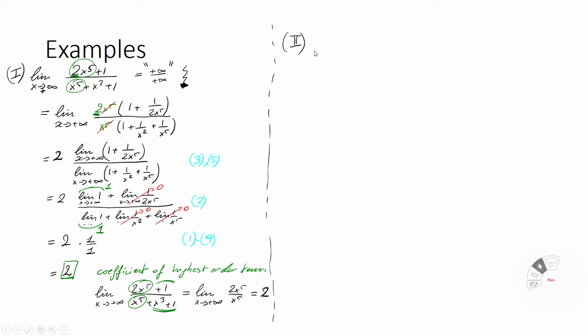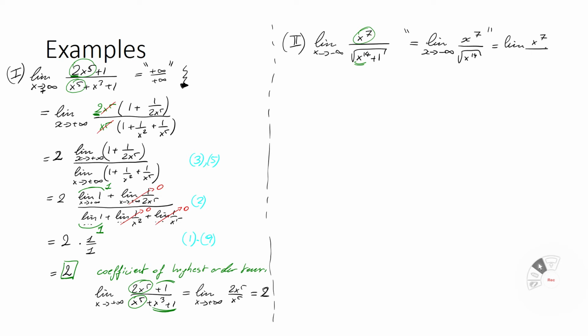So for example, number 2, we look at the limit of x going to minus infinity of x to the power 7 divided by the square root of x to the 14 plus 1. So if we look at the highest order terms, in the numerator that's x to the 7, and in the denominator it's x to the 14, but you have to take a square root. So if we do this real quick, we get the limit as x goes to minus infinity of x to the 7 over the square root of x to the 14, and that's equal to